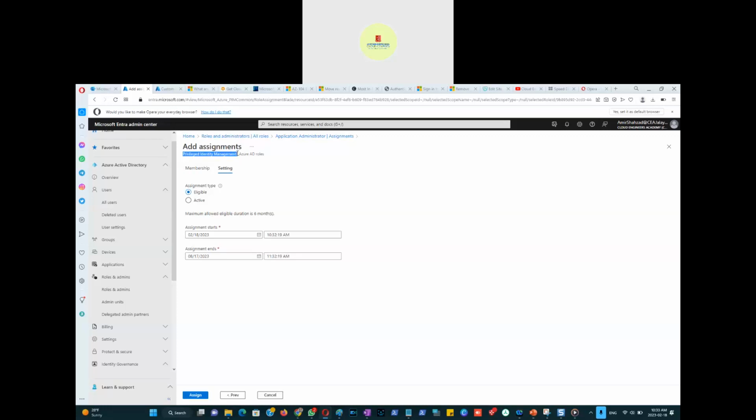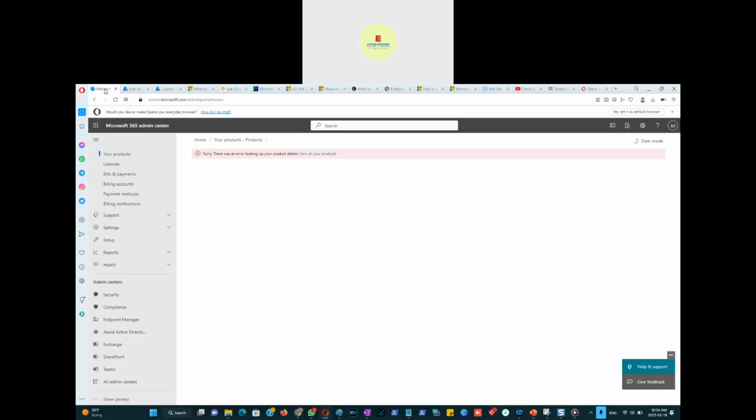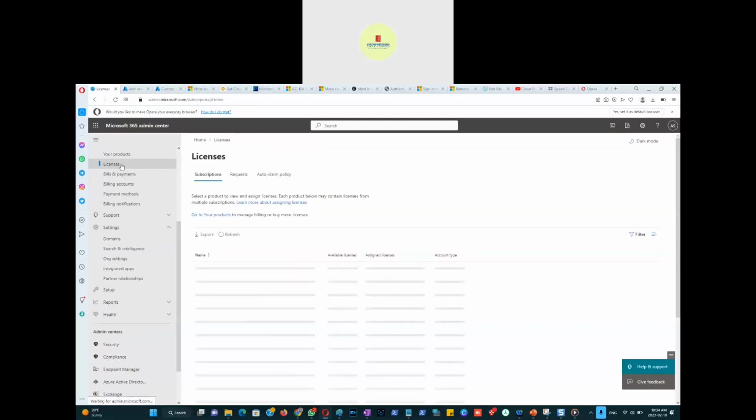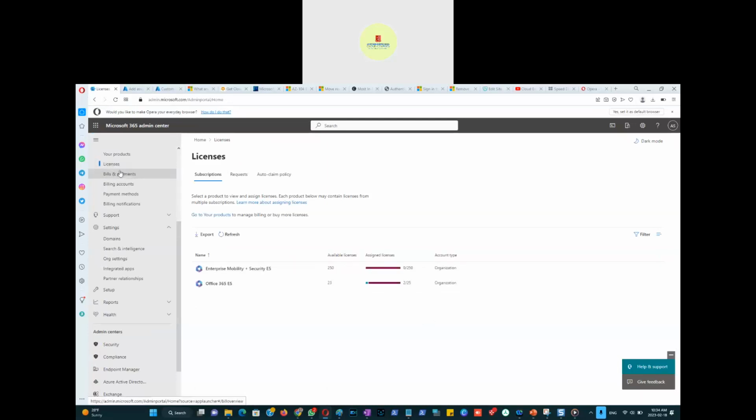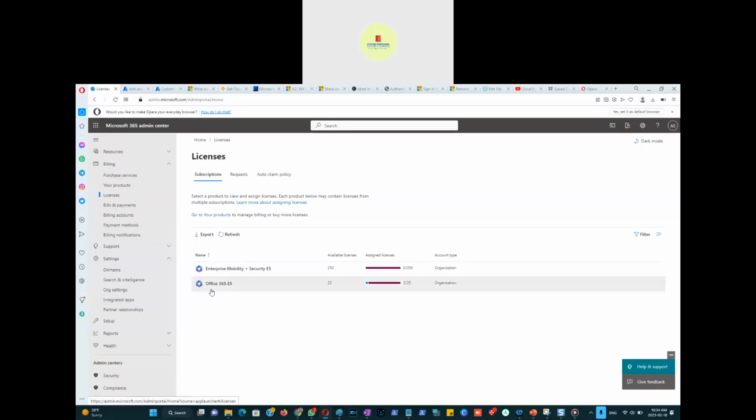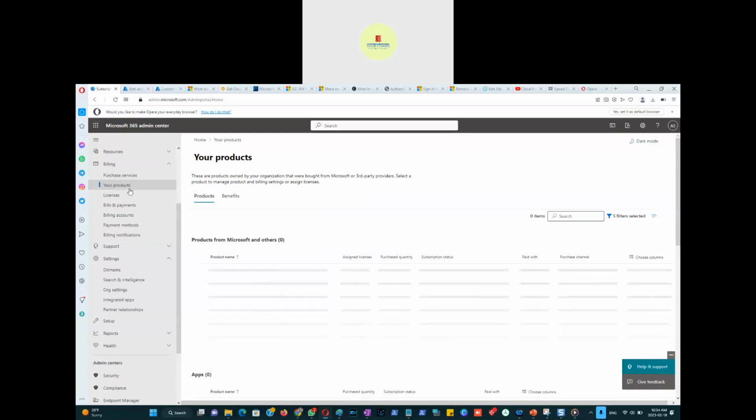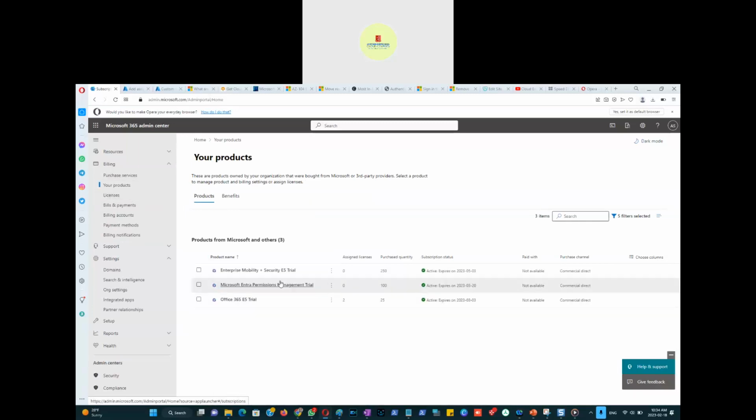It means also that you have to enable it from licenses. So suppose I go to this Microsoft Admin Center and then I go to billing, licenses here. You have to make sure that your organization purchased it, which is products, purchase services, Enterprise Mobility E5. Yeah, this one. So from Azure Active Directory, we purchased that in your products. If I go here, then just make sure that it is having Active Directory Premium 2, which is when you purchase this,